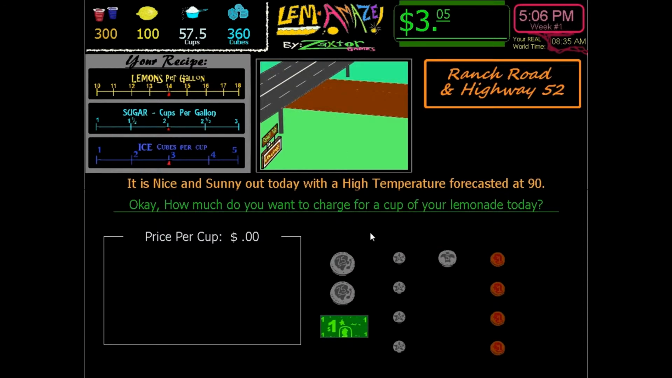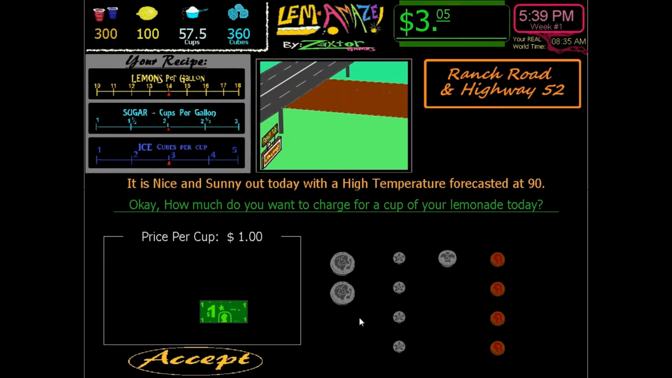We'll choose this place. It tells you the temperature. It's nice and sunny outside today with a temperature forecast of 90. Then you choose how much you want to charge per cup. Here, rather than clicking up and down arrows to change the price per cup, you actually get to put the coins in for how much you want to sell it for. So we'll try